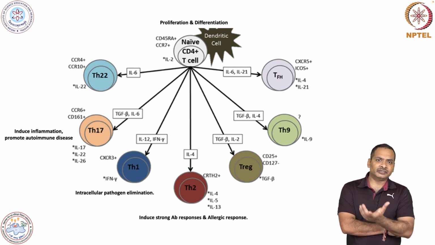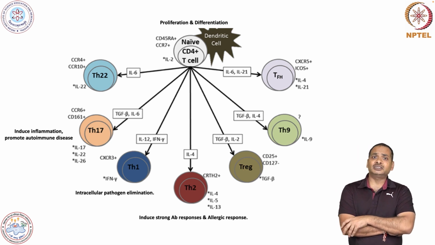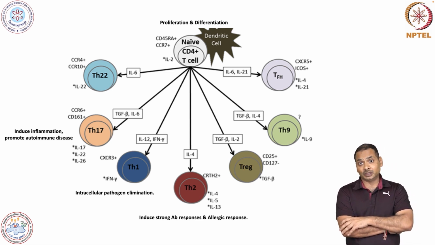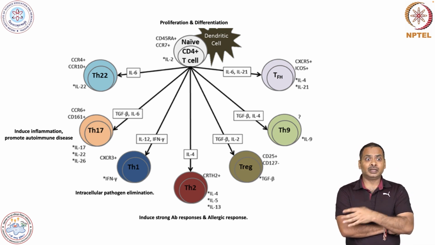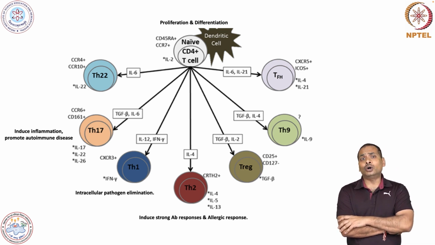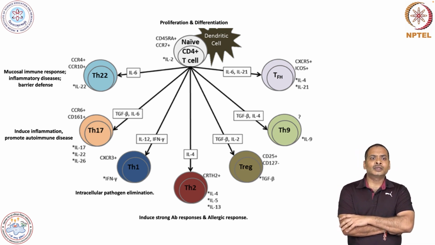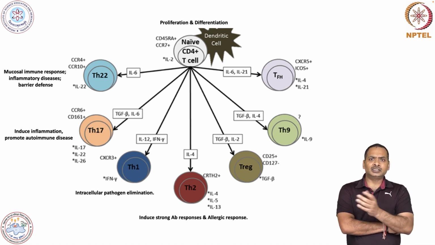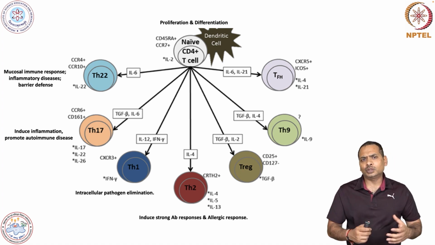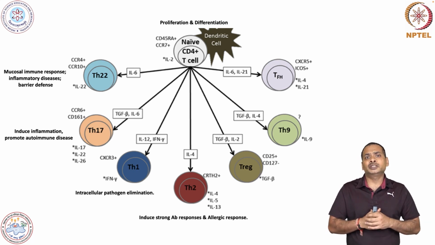There are Th17 cells, which play a very important role in inducing inflammation and promote autoimmune disease. There are Th22 cells, which play a very important role in mucosal immunity,